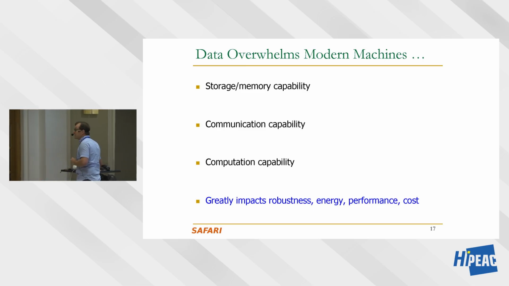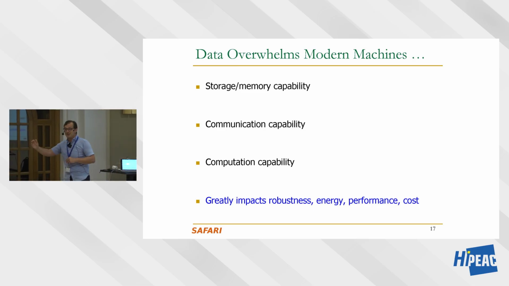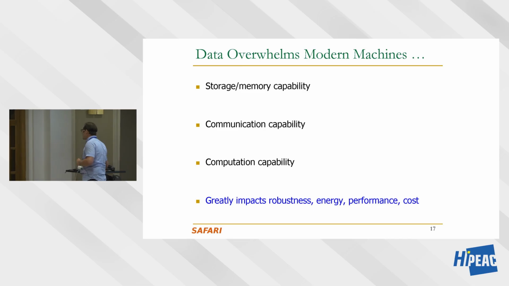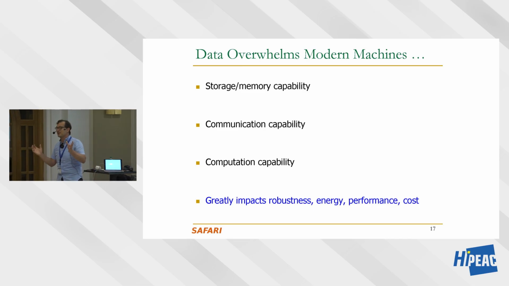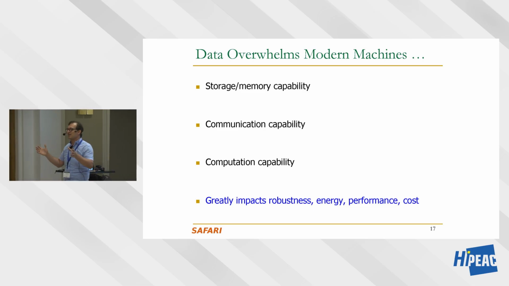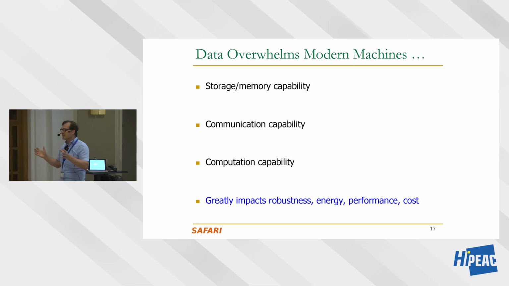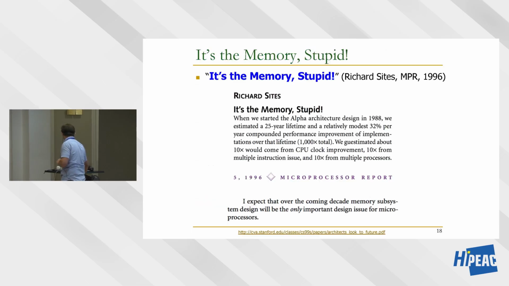It's overwhelming our communication capability. That's why we're adding high-speed interconnects and high-speed memories. And in the end, it's overwhelming our computation capability because we're designing actually very capable processors. Some of these processors are really wonders of art and science, right? In the end, they're extremely high performance, but we're starving them because they're really not using their capability as we discussed yesterday, right? And also data is really impacting robustness, energy, performance, and cost, and we'll see that even more.